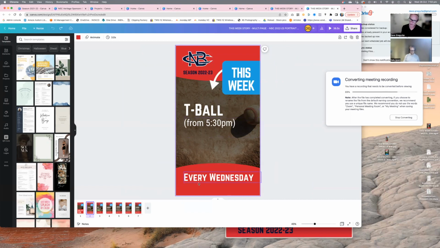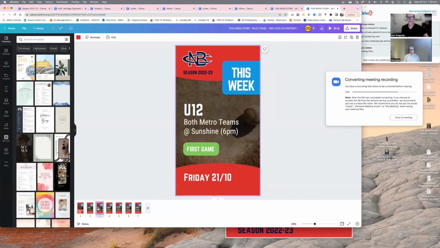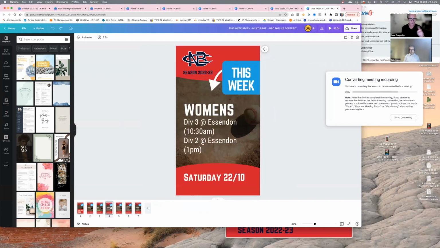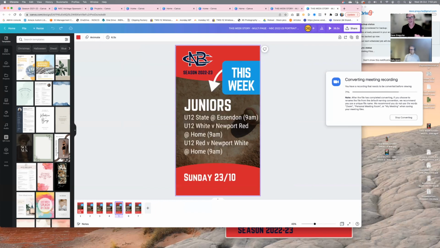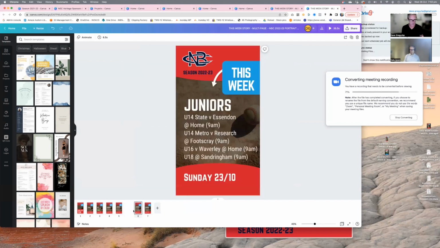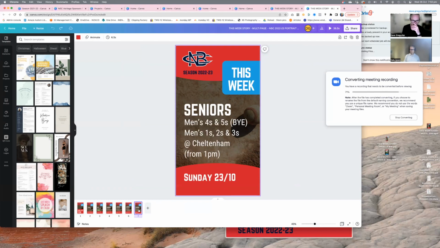Now on the footer here, we've got every Wednesday for T-ball, because that's a weekly event, and then we follow that format throughout. So we've got Friday plus a date. Well, I'll get into what just happened there in a second. So we've got Friday, we've got a Saturday event, we've got Sunday, and then Sunday will repeat until it's finished. So we get up to page 7, and depending on how many games you need to cover, you may end up needing to create a new one. So what I'd just done before and ended up deleting was